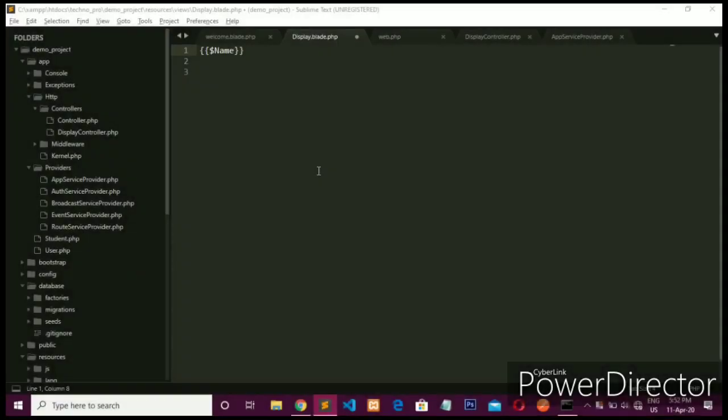Okay, so the last most important thing is what is @include and @yield in Blade Laravel, with an example. So let's see. First we will see what is @include with an example. So @include is used when you want to use some other file's code in this file. So let's take an example.